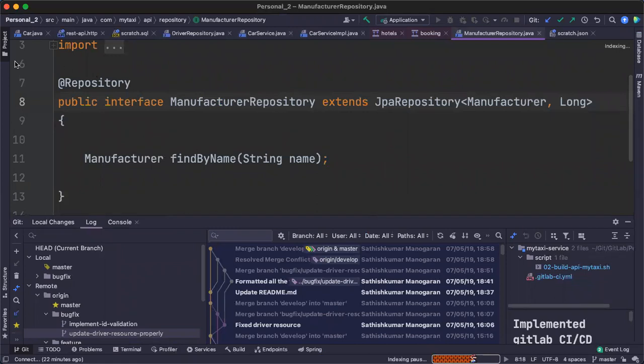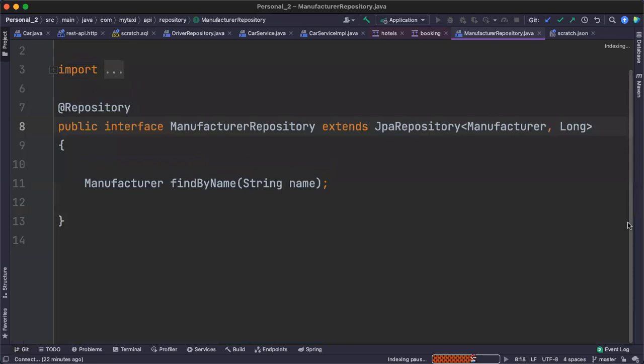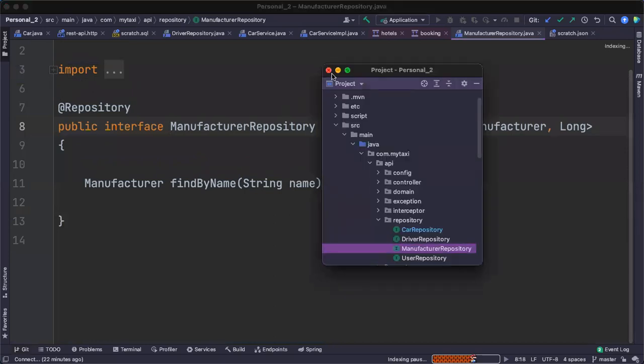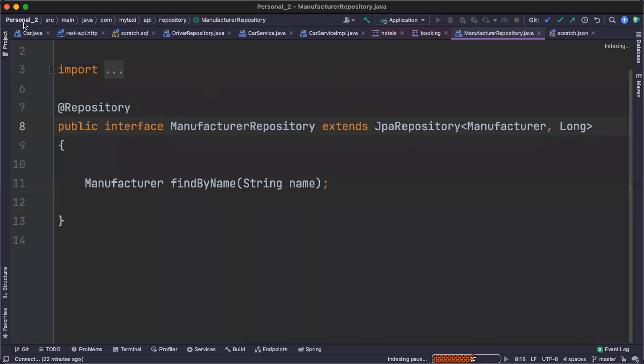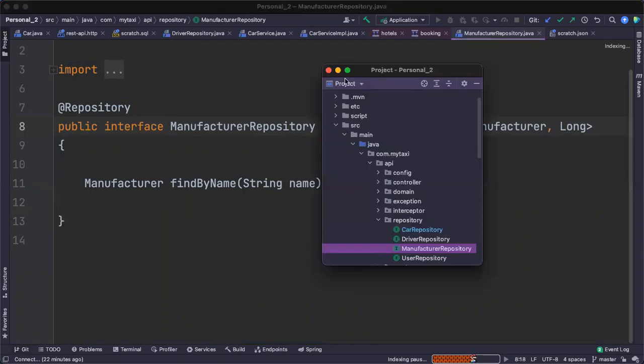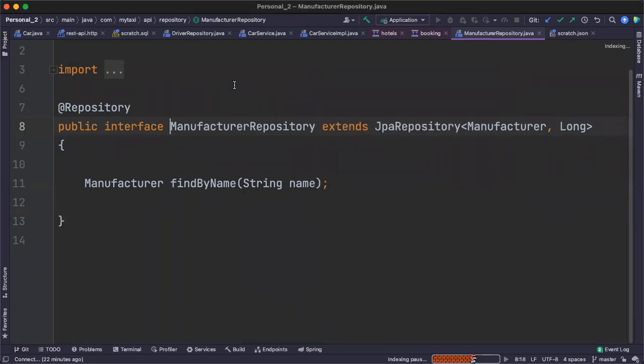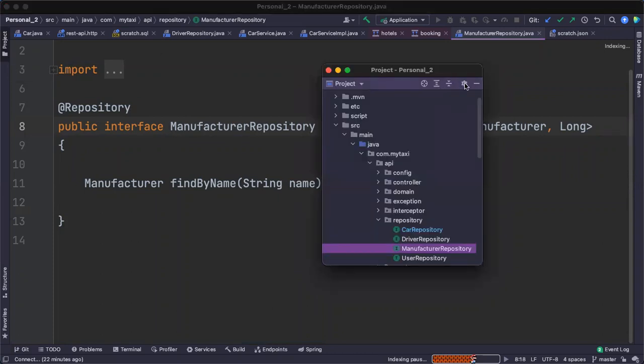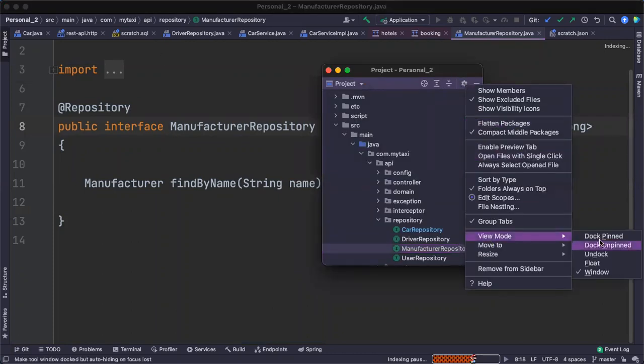Satish, one more thing: when we are working with microservices, it's very difficult to use IntelliJ because we can have only one project in one window, but in Eclipse we keep 15 or 20 projects in the same window. How exactly are you managing that? Before that, let me bring this one back.